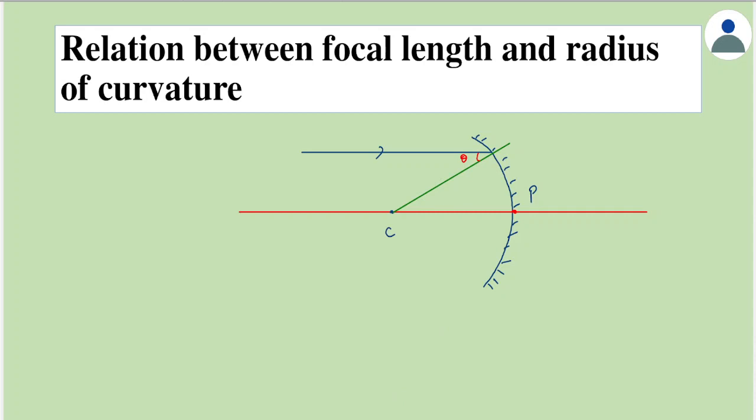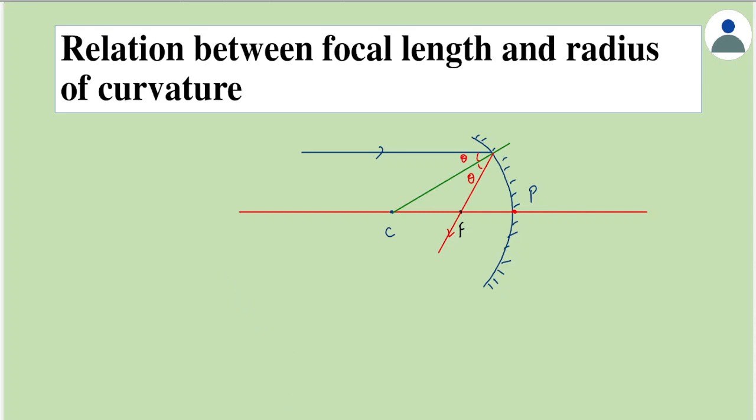This light ray after reflection would pass through a point. The point where it passes through is called the principal focus. This is F. By the second law of reflection, the angle of incidence and the angle of reflection should be equal. So this angle also is theta only. Do remember that in ray optics, always draw with rays. This is the basic diagram.